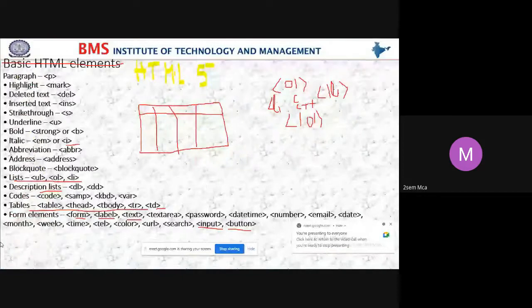Ma'am, can you again show the tags we should use, ma'am? Only 5 tags, which I have underlined here in the form element: form, label, text, input, and button.